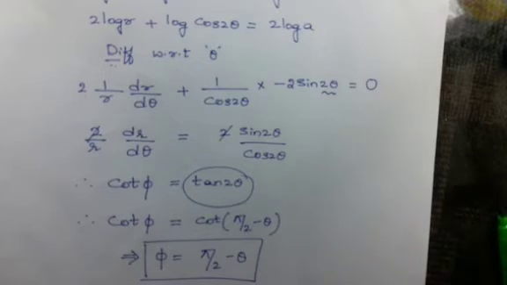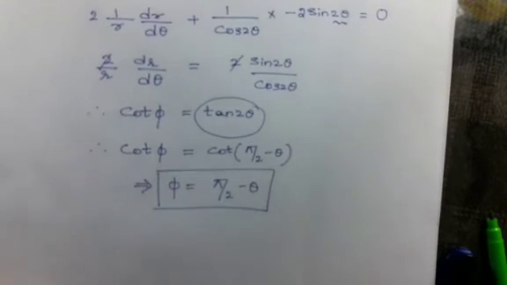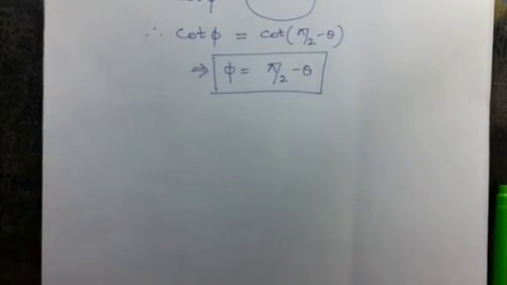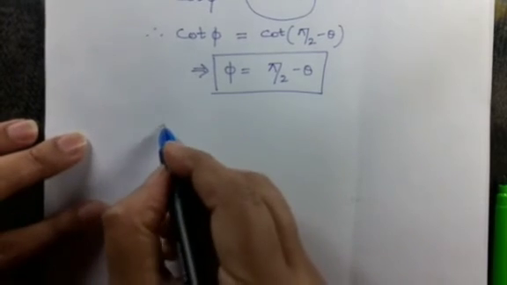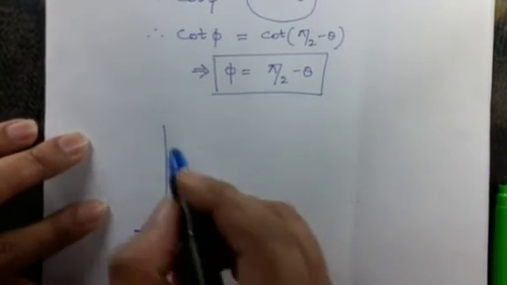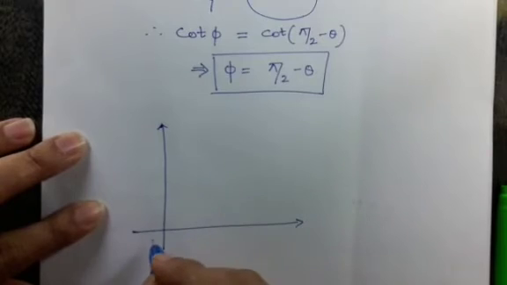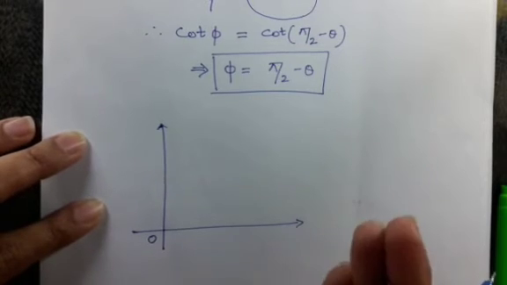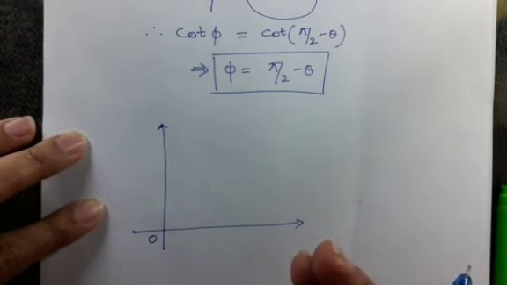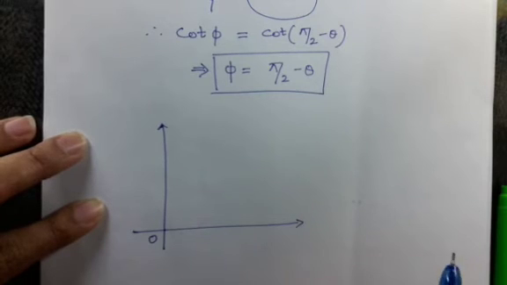This is about finding the angle between the radius vector and tangent to the curve. In the next class, we will see what is the angle of intersection of two curves. Suppose if you have two polar curves, okay, then what is the angle of intersection of those two polar curves? I'll just give you a brief introduction of angle of intersection of two polar curves. In the next class, we will take up few problems on angle of intersection of two polar curves.